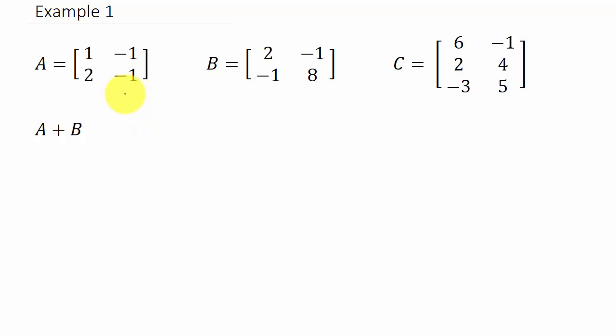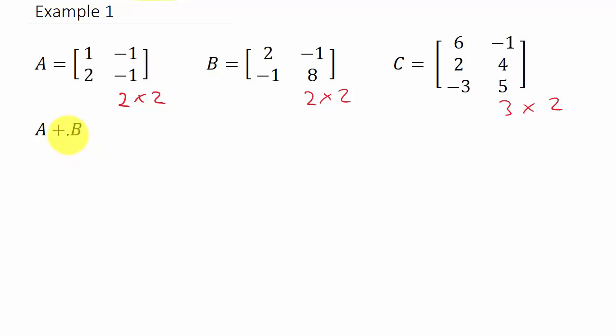So this matrix here is a 2 by 2. This one is a 2 by 2. And this one is a 3 by 2. So the dimension of a matrix is the number of rows by the number of columns. You can see this matrix has 2 rows and 2 columns. This one has 3 rows and 2 columns, so it's a 3 by 2. Alright,